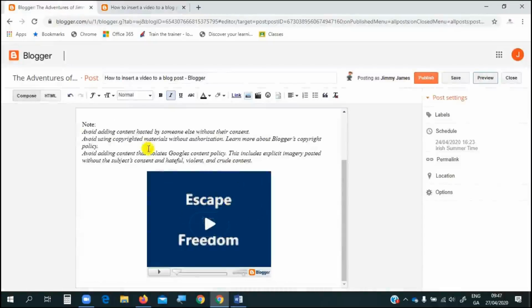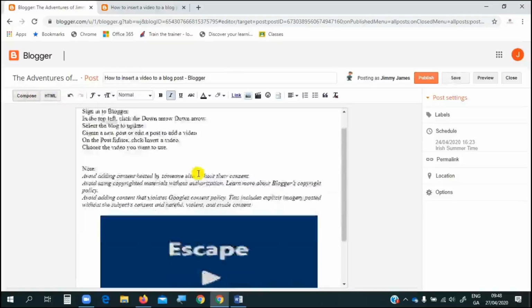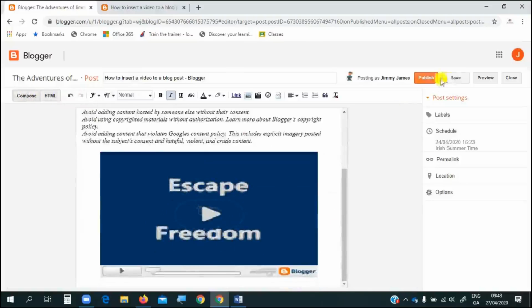To do that, we're going to go over to the HTML. This is the code part of the video of your web page again. In here we can see where we put the video in. Down at the bottom here, blog video, class, content, its width and its height. So YouTube, when it puts a video in, sets it to 560 by 315. And if we change it to 560 and 315, our video looks a bit strange here, but